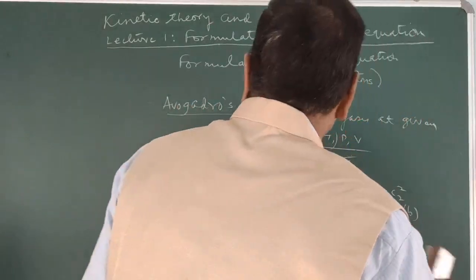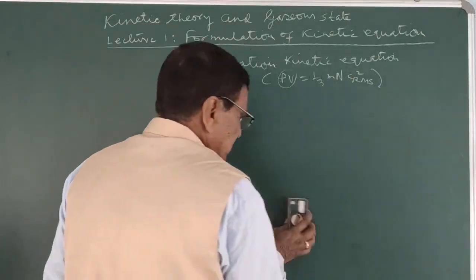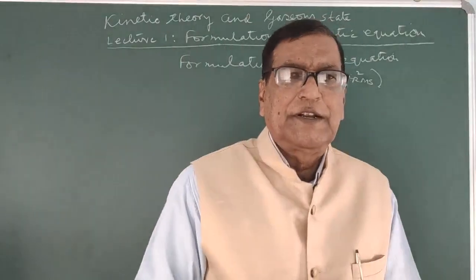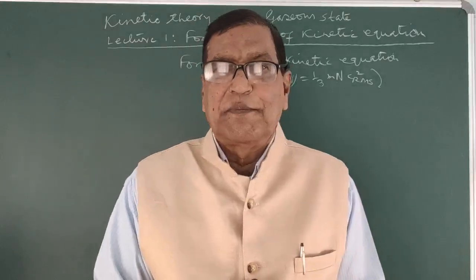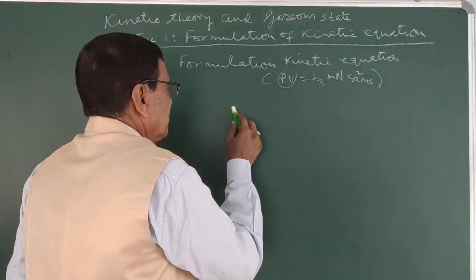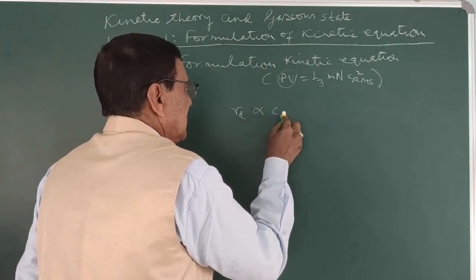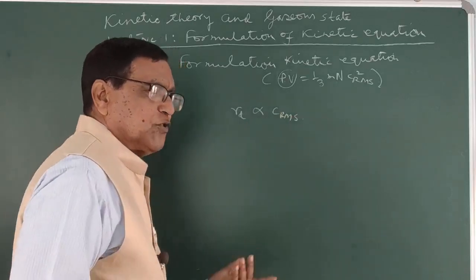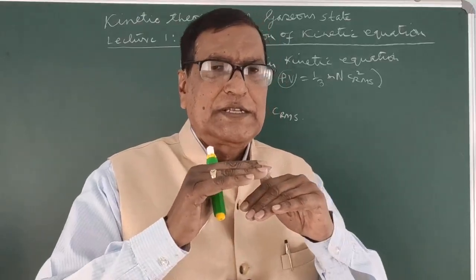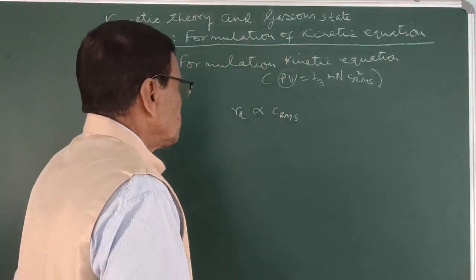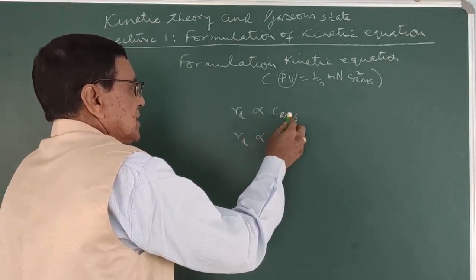And the last one, Graham's law. Graham's law states that the rate of effusion is inversely proportional to the square root of the molar mass of the gas. So the rate of diffusion or effusion is proportional to C RMS. The greater the value of RMS speed, the greater will be the diffusion of this gas from a small hole. So rate of diffusion is proportional to